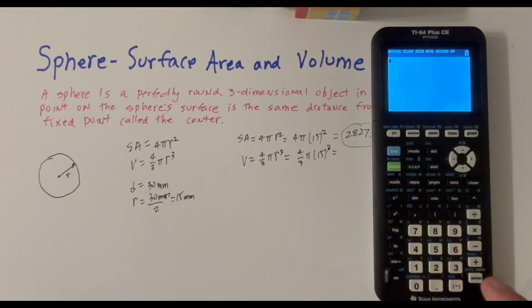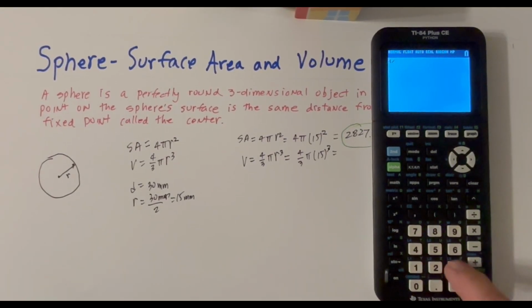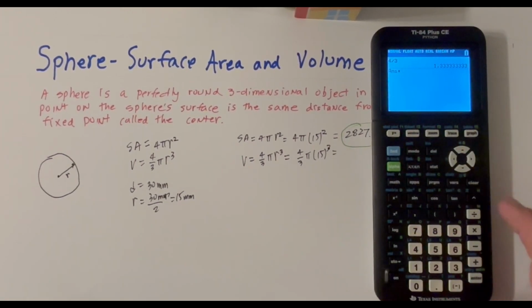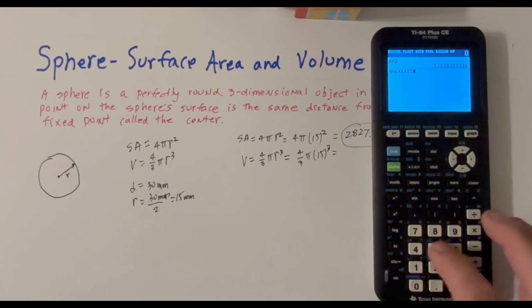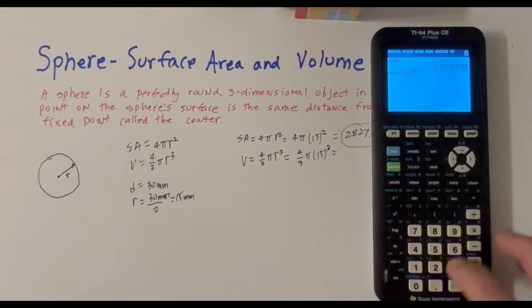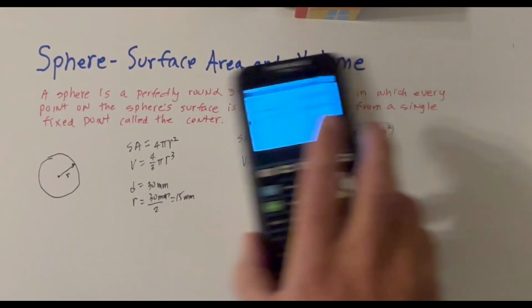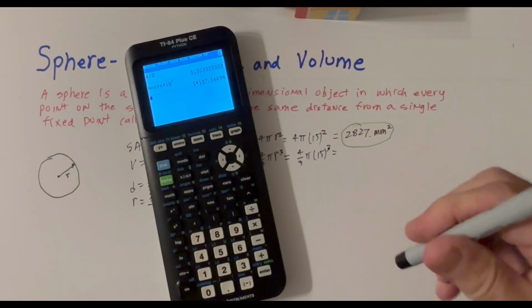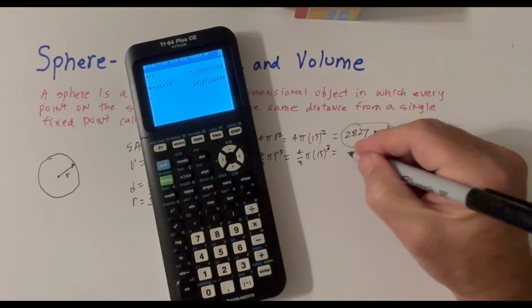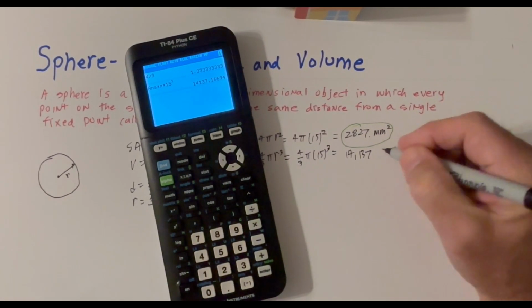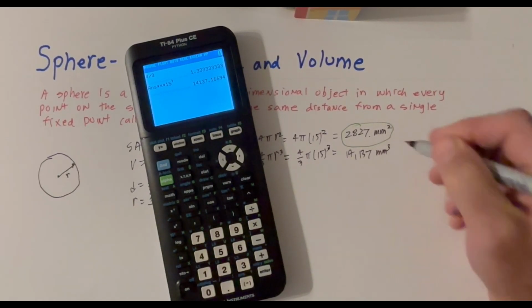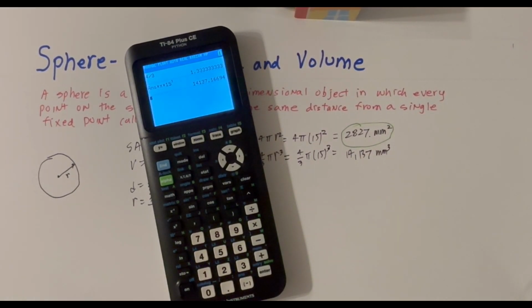I'm going to clear it, and so we're going to take 4 divided by 3, enter, times pi, times 15, and now we're going to raise it to the third power. And so we're going to get 14,137 cubic millimeters. So that's going to be the volume